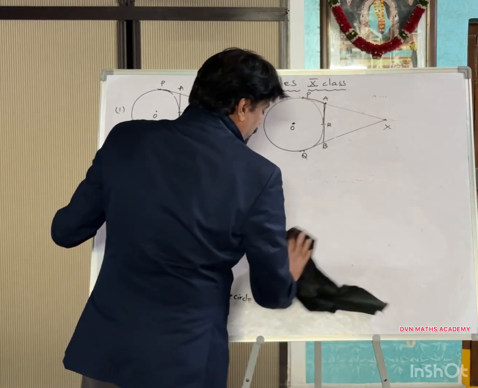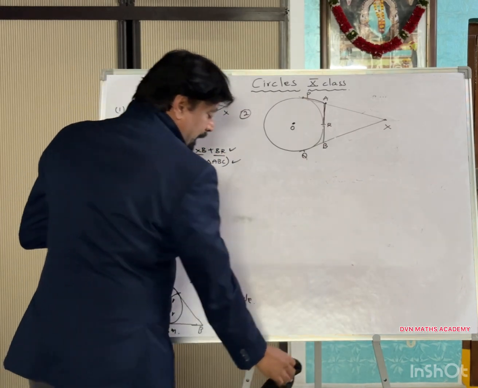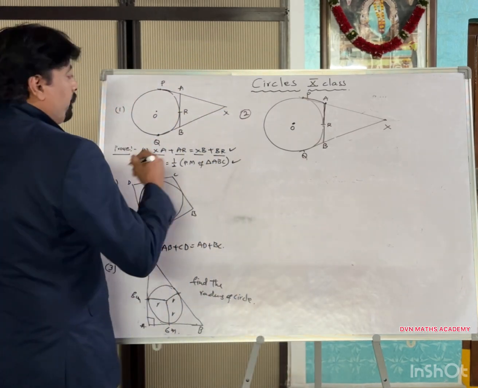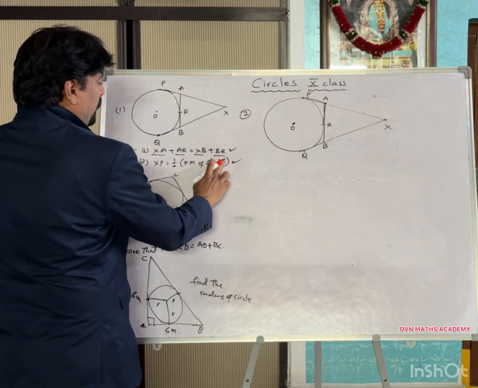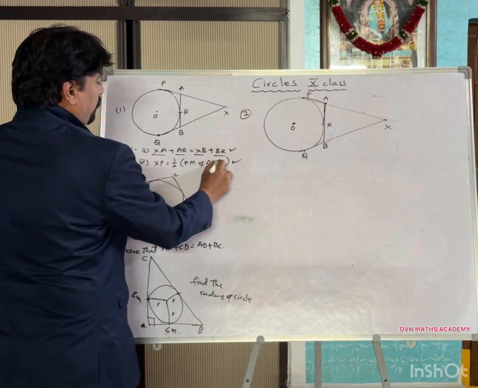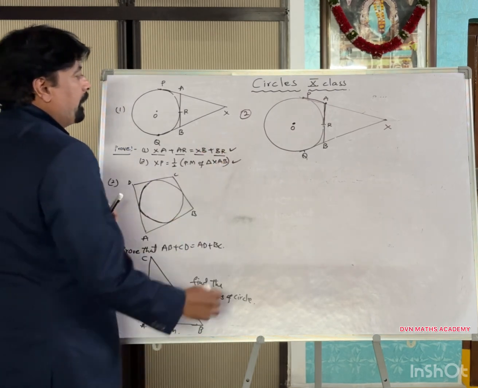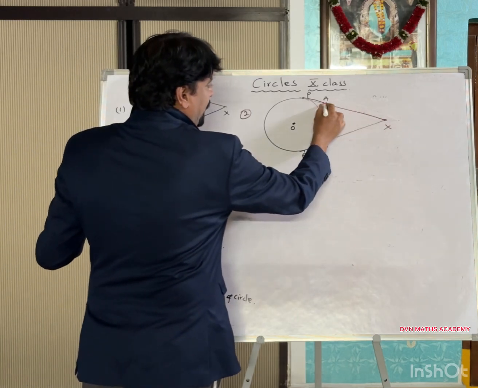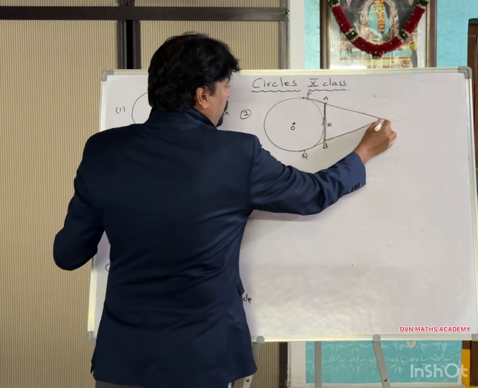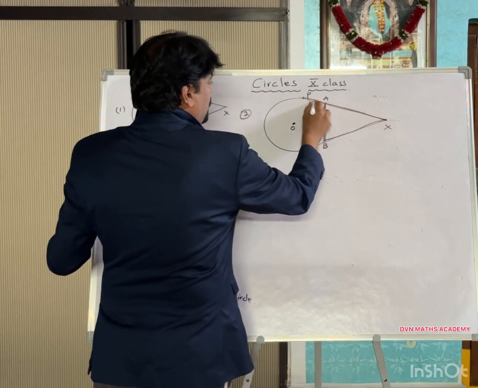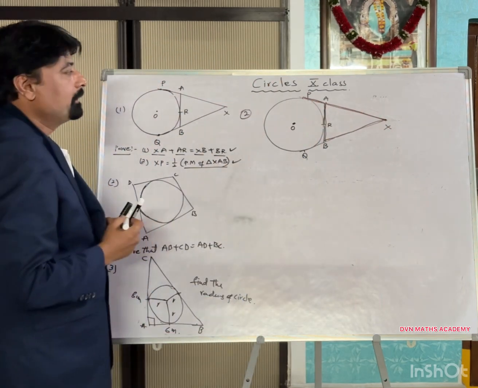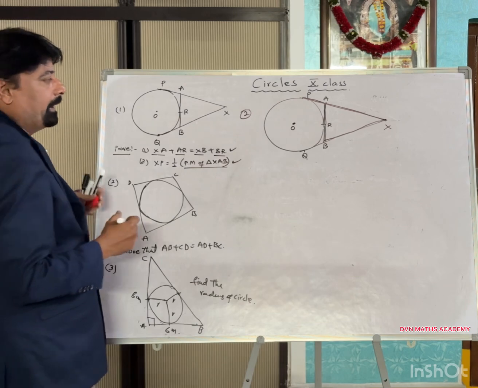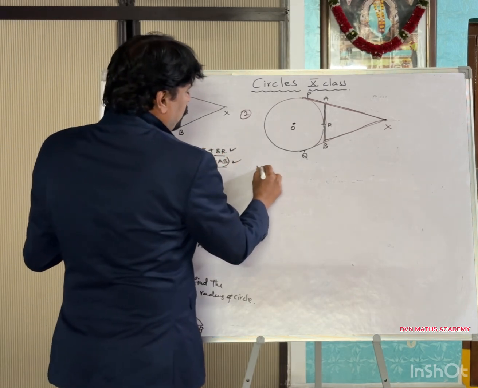XP is equal to half the perimeter of triangle XAB. Sorry, I wrote it as XAB. So the perimeter of the triangle XAB means this triangle. This half the perimeter should be equal to the length of this tangent he is asking. So for that purpose, what I am doing here, we know that